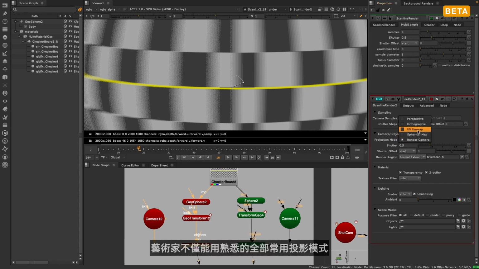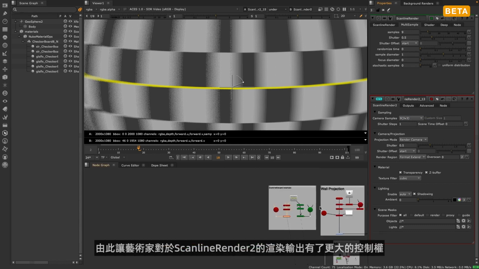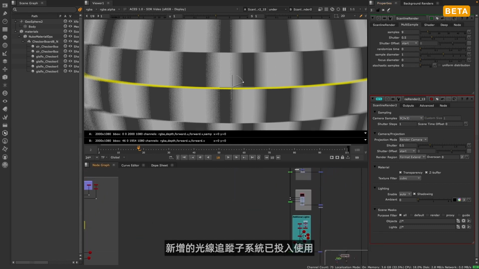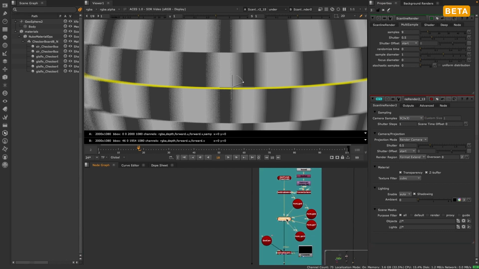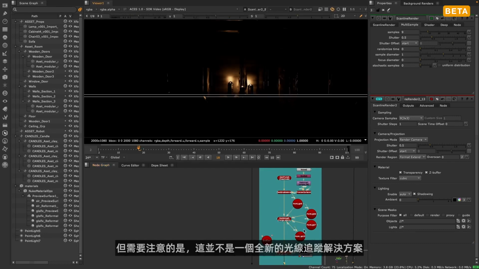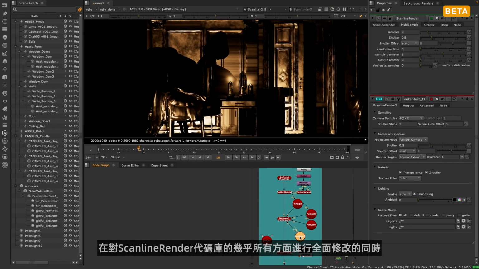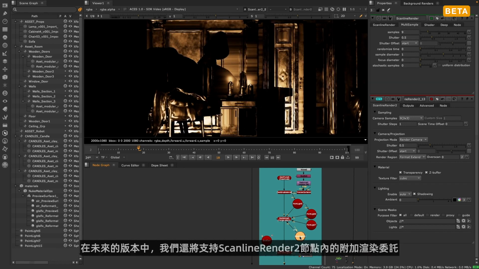Artists have access to all the usual projection modes that you're used to, and the introduction of scene masks and new lighting and material controls give artists greater control over what is rendered out of Scanline Render 2. A new ray tracing subsystem has been implemented, which allows for improved shadows with ray trace occlusion, and now includes point light shadow support. It is important to note that this is not a complete new ray tracing solution, but instead a ray tracing subsystem that, along with overhauls in nearly all aspects of Scanline Render's codebase, means that we can now look to introduce further ray tracing workflows and support for additional render delegates inside the Scanline Render 2